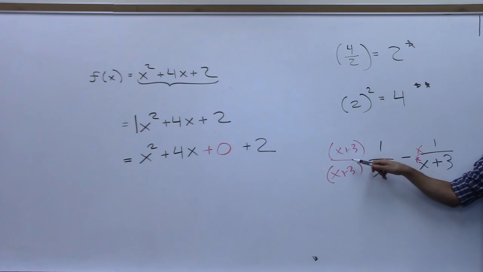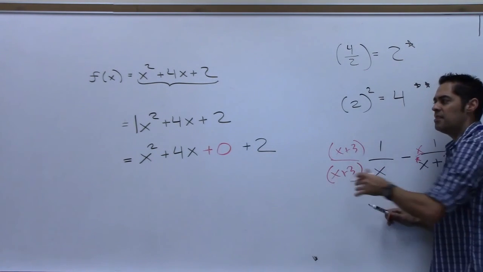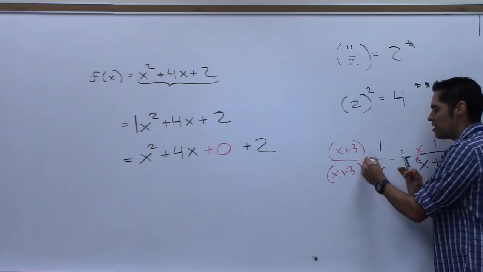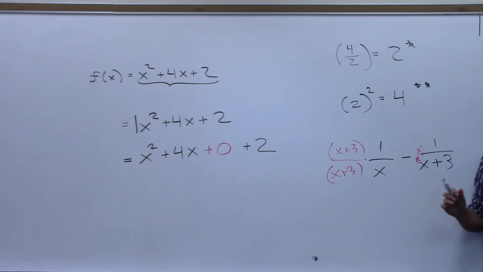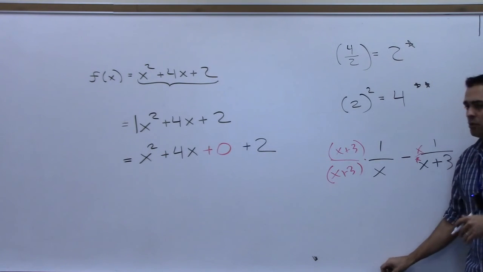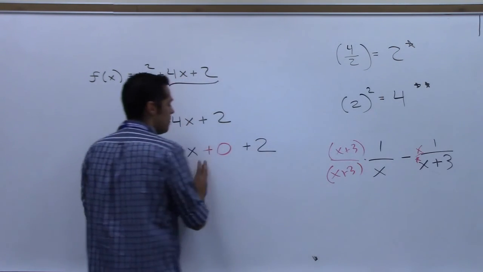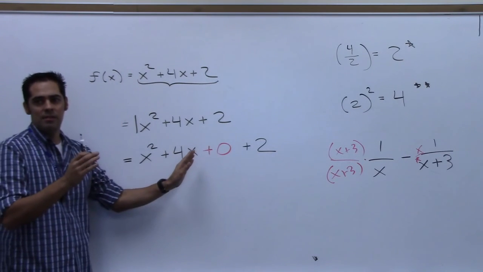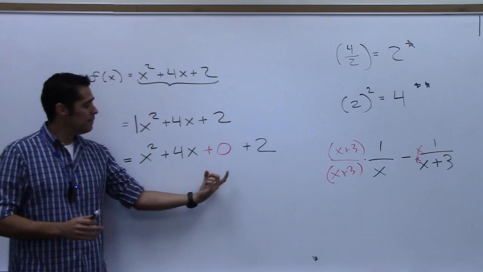Numbers? Yes, but what is something over itself? It's 1, right? This is like a hidden 1, isn't it? Like sitting next to everything, we realize that there's times 1. Anything times 1 is itself. So we've used hidden 1s throughout our entire mathematical lives. What we have not done a lot of, in fact, most of you probably have never done, is realize that sitting next to everything is not times 0, but plus 0. This is a hidden 0, and